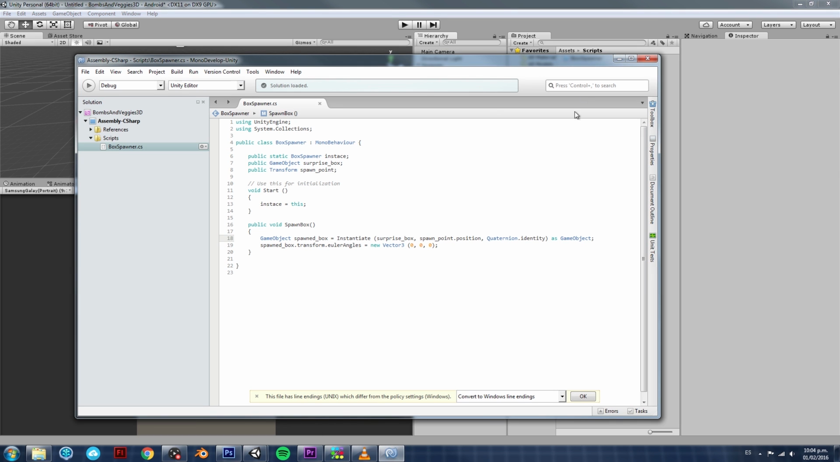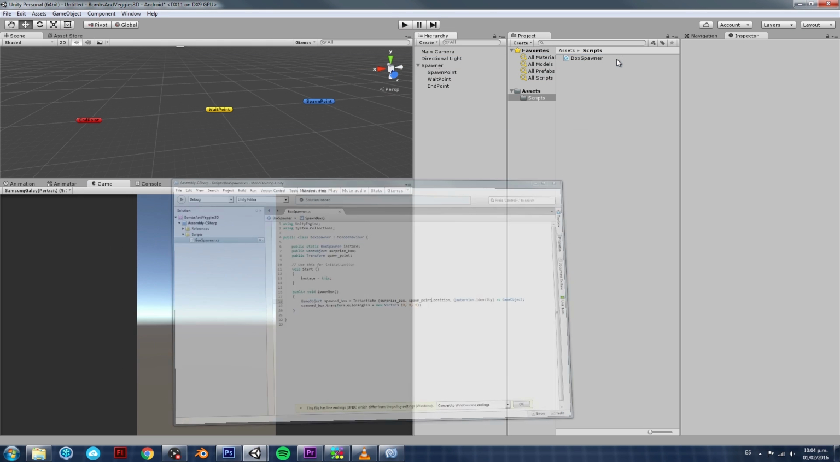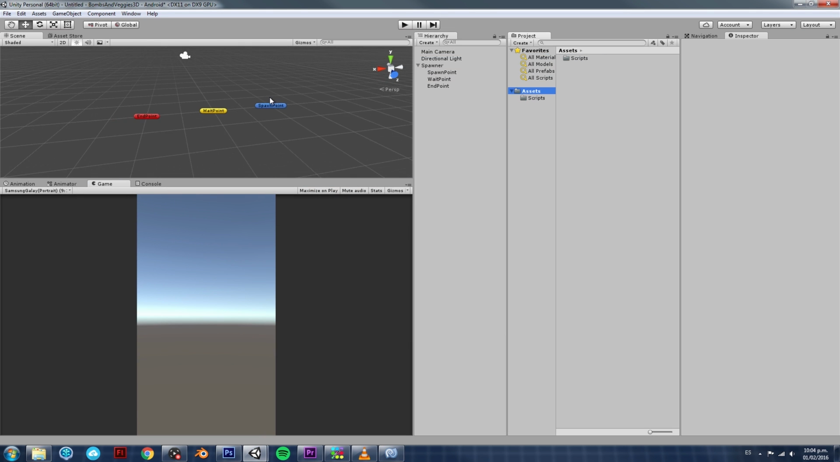Don't forget to save. And the only thing that we need to do,